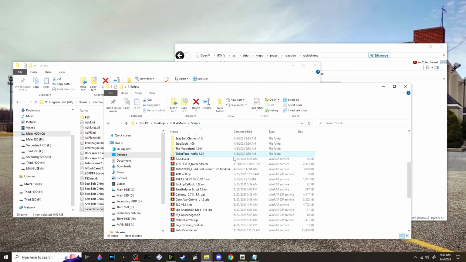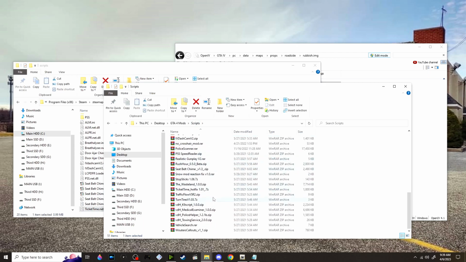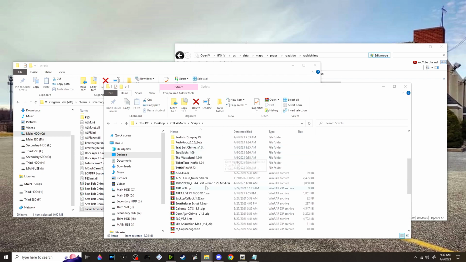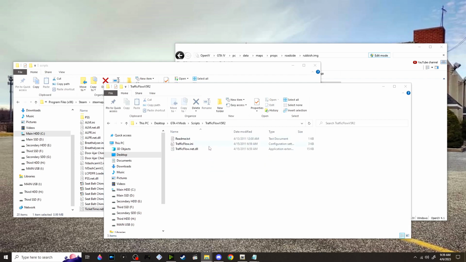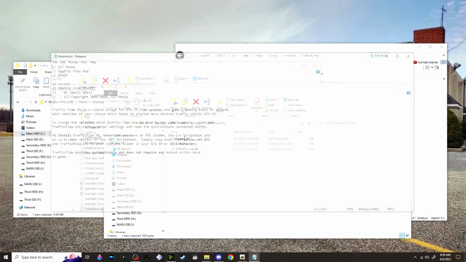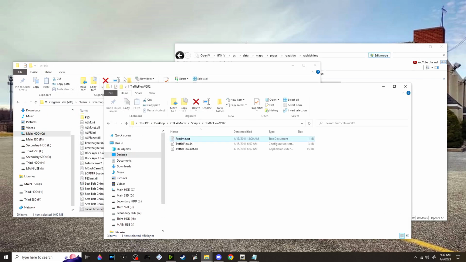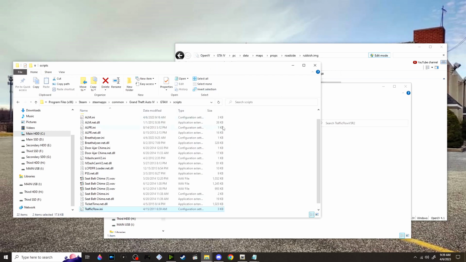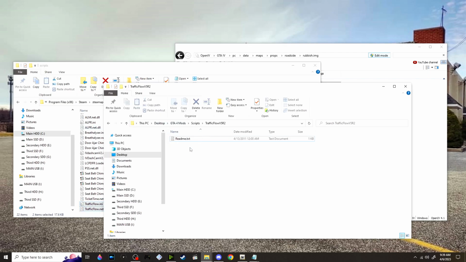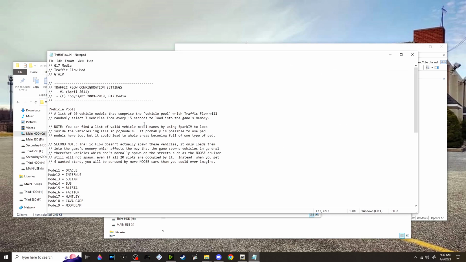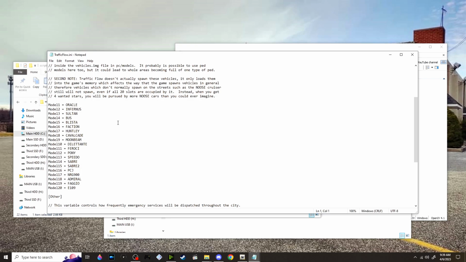And then from there, next up, Ticket Time, traffic flow. This one is essential if you get the taxi bug in GTA 4. Let's see where you have to put this one: into the scripts folder. If every 5 to 10 cars spawning in the game is a taxi, I'm going to want to put this in here. If you open up the i9, you can change what cars spawn in the car gen,